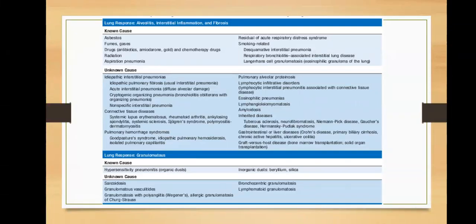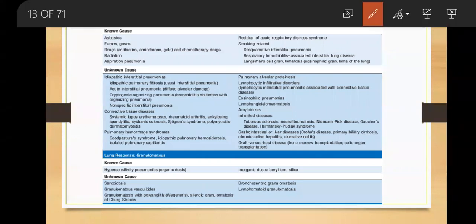Then you confirm and deconfirm using investigations. And also another reason why we call them unknown is that most of the patients classified as idiopathic have one of these disorders. So lung responses such as granulomatous ones have known causes like hypersensitivity pneumonia,